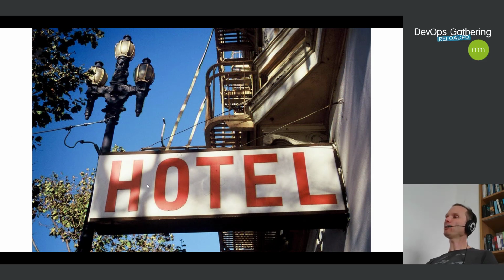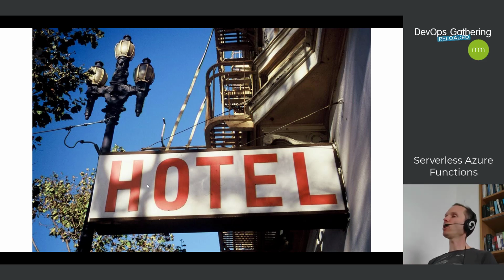A hotel. A hotel means that it's really convenient for me if I have a certain need, I need to sleep in a foreign city, for instance, that I can go into the hotel. I'm quite sure that I will find a nice room. Somebody else cares for the infrastructure. I just consume it. I just consume the service, the platform. This is why it's called platform as a service. In the cloud, something like platform could be a ready-made database, a ready-made web server, a firewall, a reverse proxy, an API management solution. Platform as a service is just like a hotel.